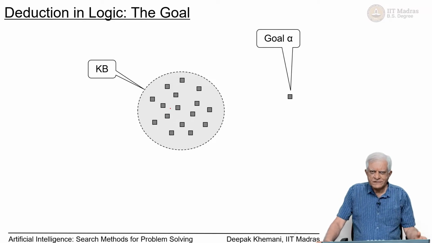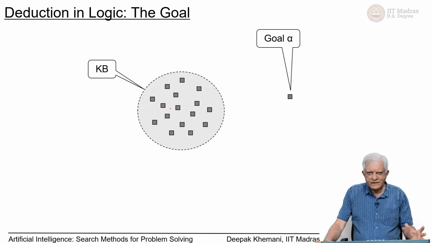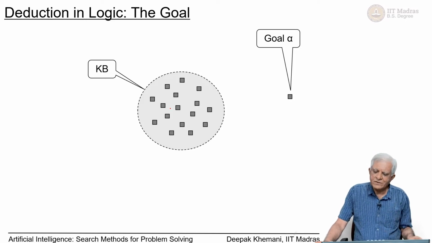So, we have been looking at goal trees and AND/OR trees, and we looked at an algorithm called AND/OR star. But AND/OR trees are used in other places also, notably in logical reasoning or logical deduction. So, let us spend a little bit of time understanding how there is a connection between logic, knowledge, representation, reasoning that I had spoken about during the introduction, and what we are studying, which is search methods for solving problems,